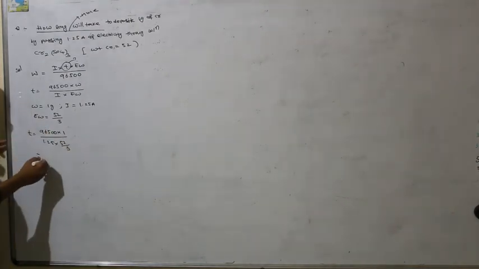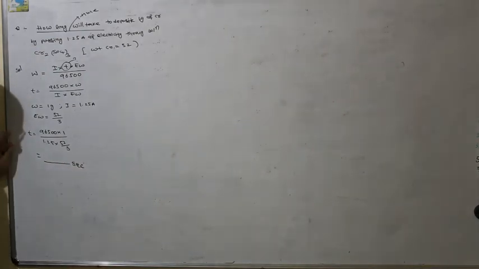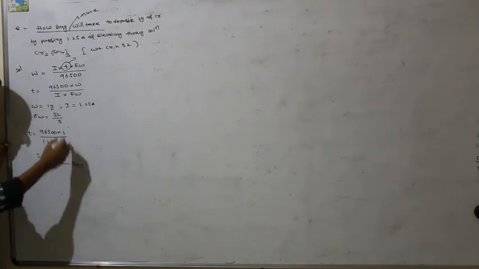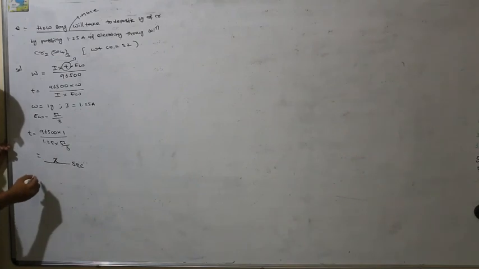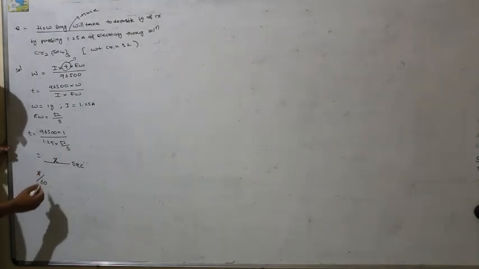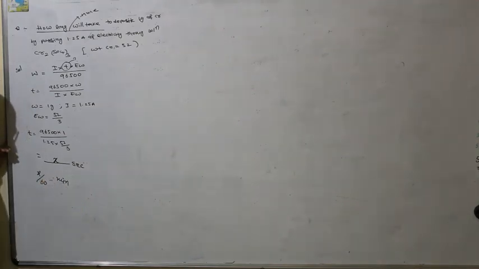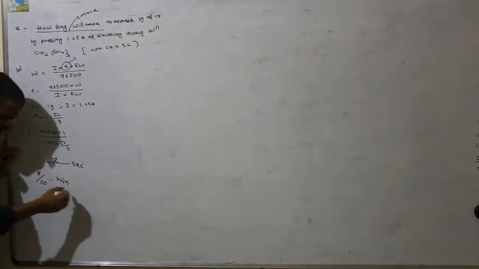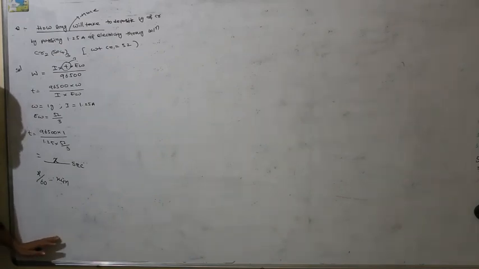When this is simplified, the answer will come in terms of seconds. Sometimes they will ask for the answer in minutes and hours also. If you got some x seconds, you must divide it by 60, then you will have minutes. If hours are asked, divide the minutes again by 60, so you will have hours. Answer may be in any term they need; as per they need, you have to give.